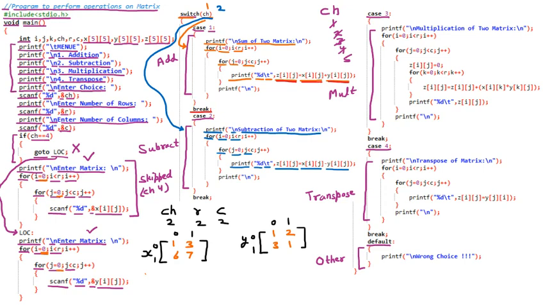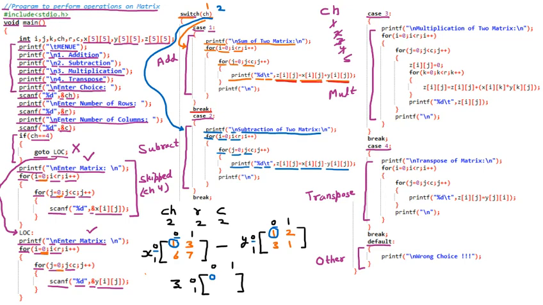So there will be one more matrix Z which will be having the same 2 cross 2, with 0 and 1 rows and columns. So X minus Y is going to happen, and that is equal to Z. So if we are talking about x00 minus y00, we are talking about 1 minus 1, that is 0.